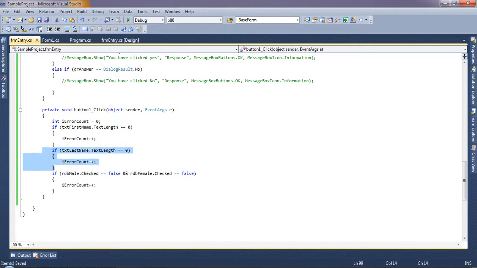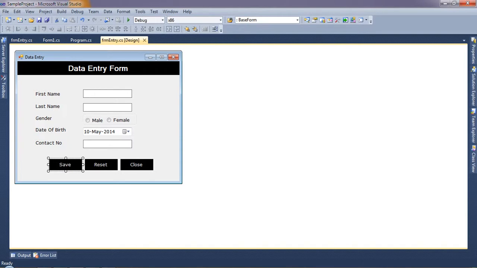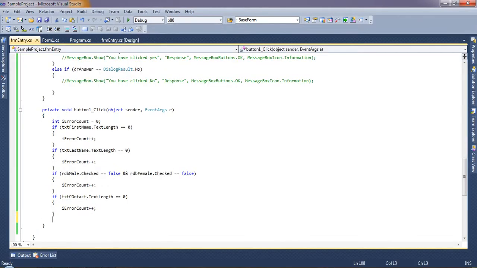Same thing I will do for contact also, txt contact. Now I will show the number of errors: MessageBox.Show total error, i error.